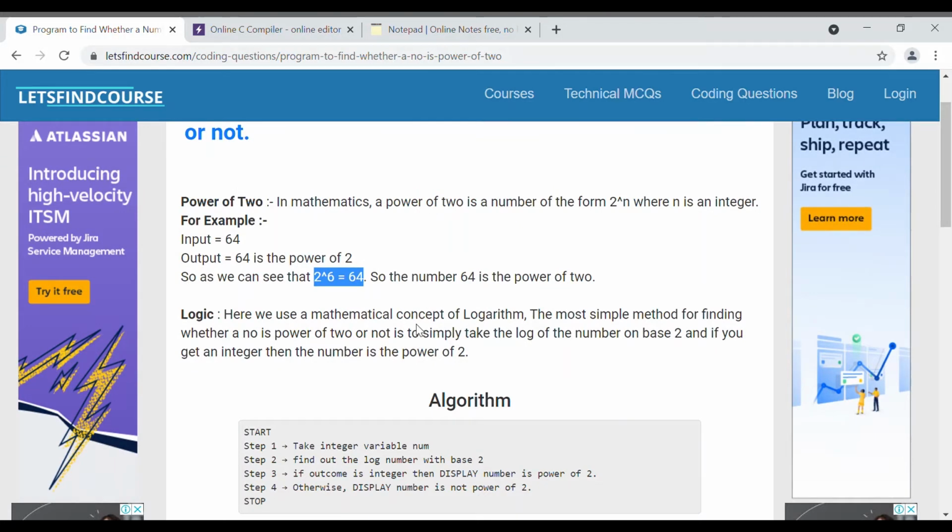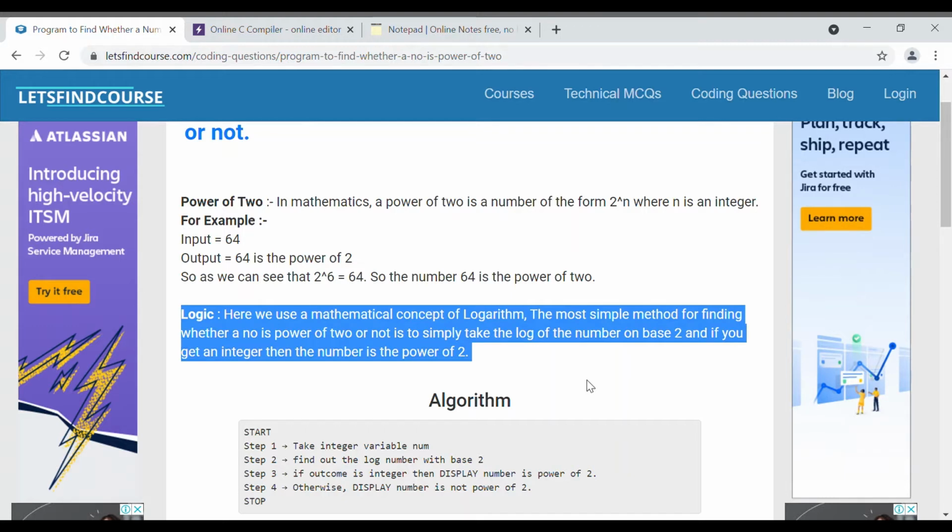So one method is using a logarithmic concept. We can use a mathematical concept, that is logarithm. In this, we will just take the log of the number with base 2, and if after taking the log of the number to base 2 we get an integer, then that is a power of 2.